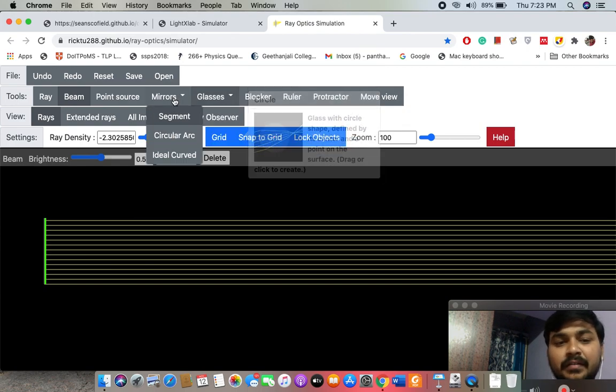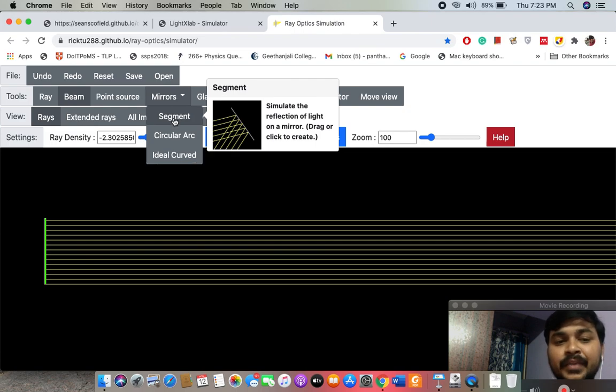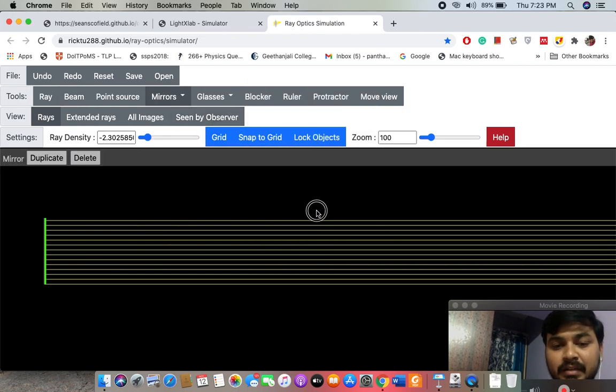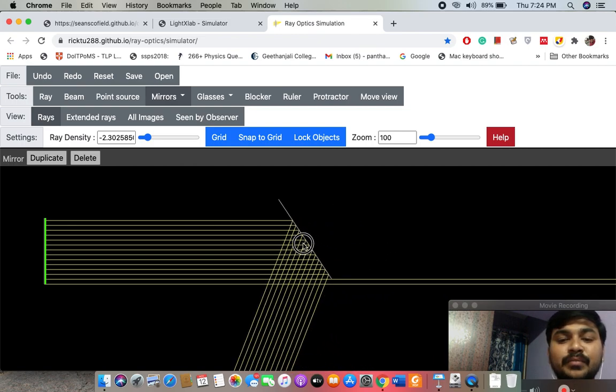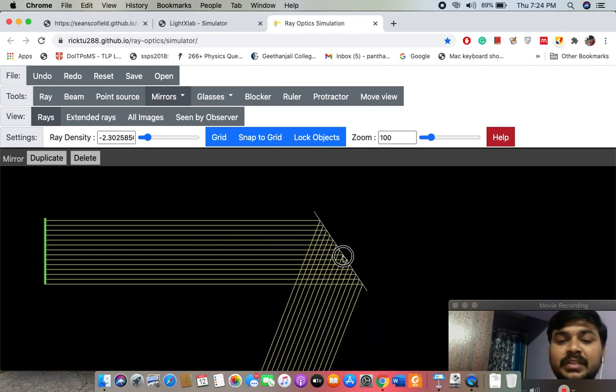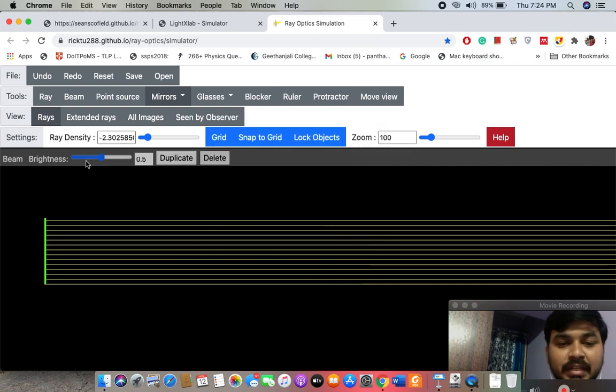First, for example, I want to introduce a mirror segment. Just click on that mirror segment, click and drag it, and a mirror segment will be generated. You can move it. This is how rays will be reflected from the mirror surface. You can see here. If you want to delete this one, you can just delete here.